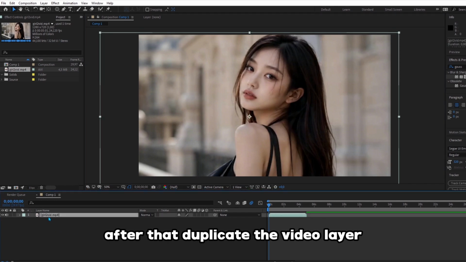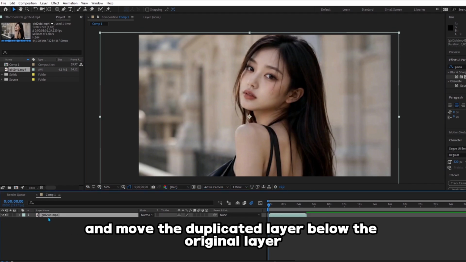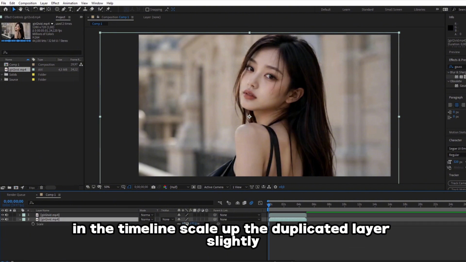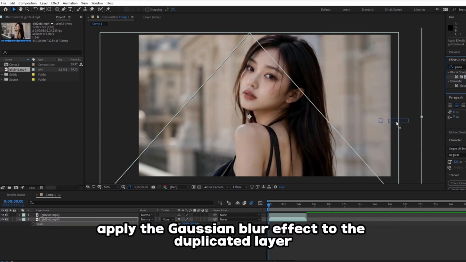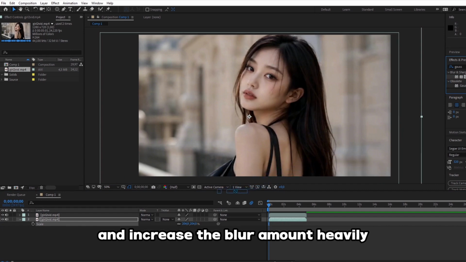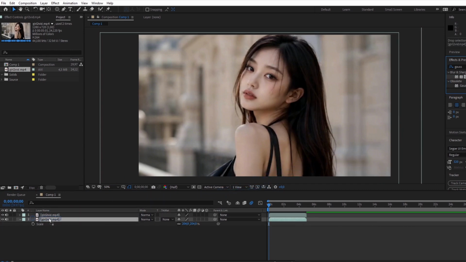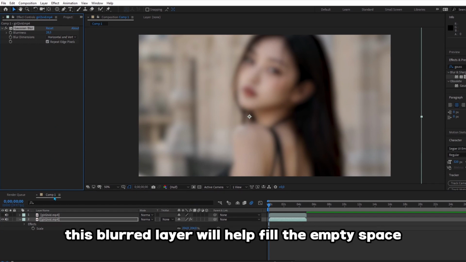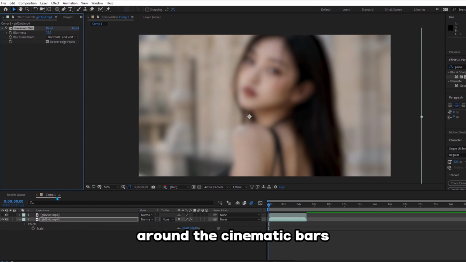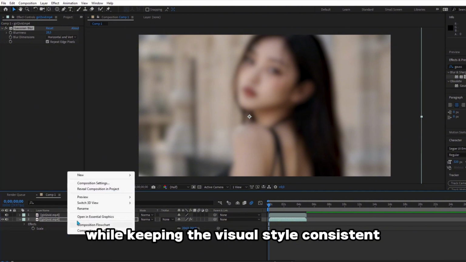After that, duplicate the video layer and move the duplicated layer below the original layer in the timeline. Scale up the duplicated layer slightly so it fills more of the screen behind the main footage. Apply the Gaussian blur effect to the duplicated layer and increase the blur amount heavily until the background becomes soft and abstract. This blurred layer will help fill the empty space around the cinematic bars while keeping the visual style